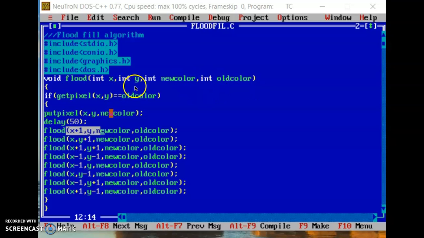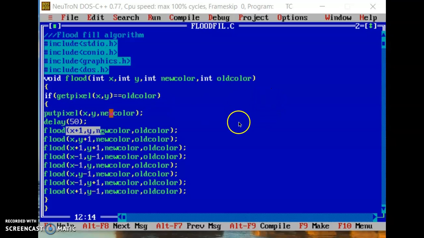This x and y are the coordinates of the particular pixel which we have to fill. This new color is the color which we want to fill, and this old color is the old color of that pixel. Then open the curly bracket and next, if getpixel(x, y), this particular pixel, is equal to old color.